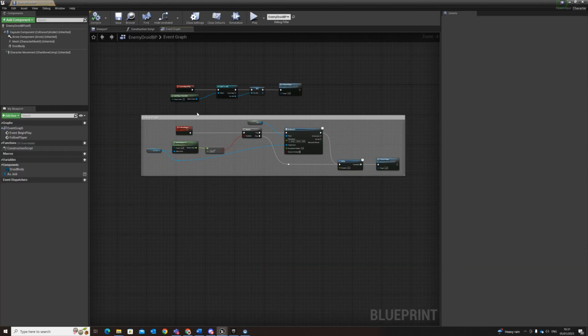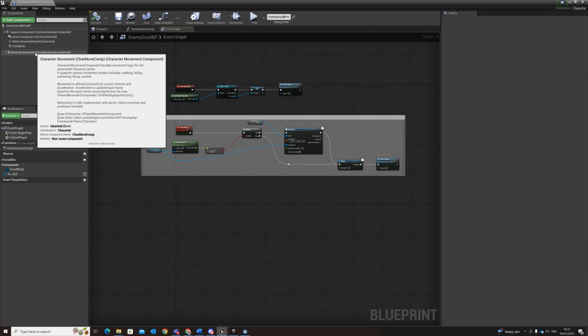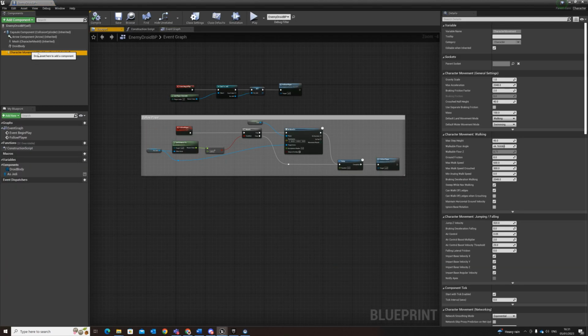Back into the blueprint, and I'm going to click on the character movement up in this components menu there. Now it'll bring up a lot of settings in here, loads of different things, but what I want to change is this option here, the max walk speed. Currently my character's maximum walk speed is 600, and so is this blueprint's. So if I turn this down to 200,